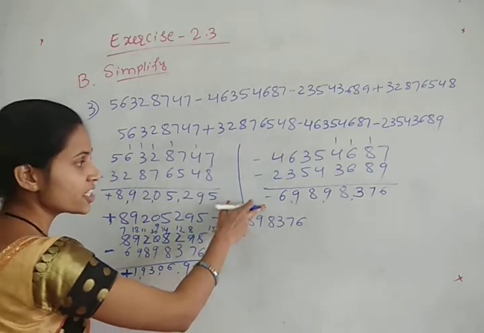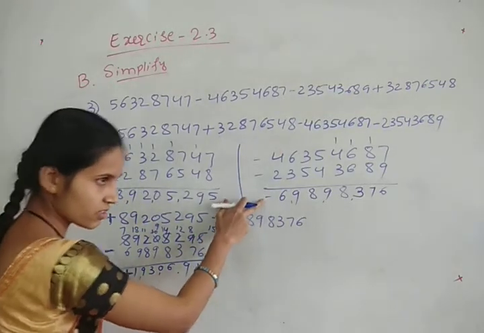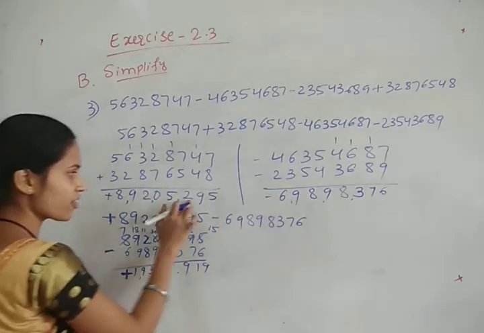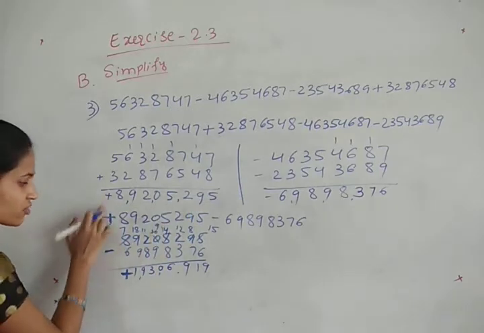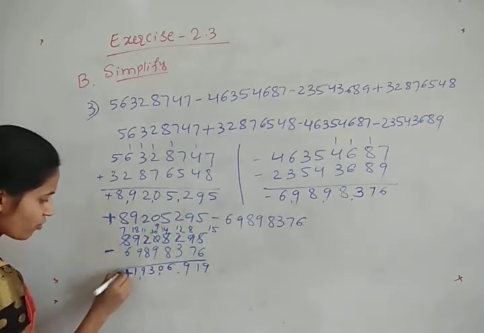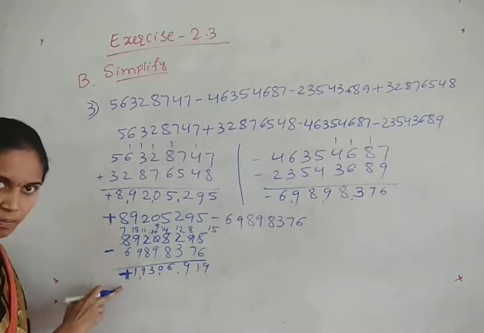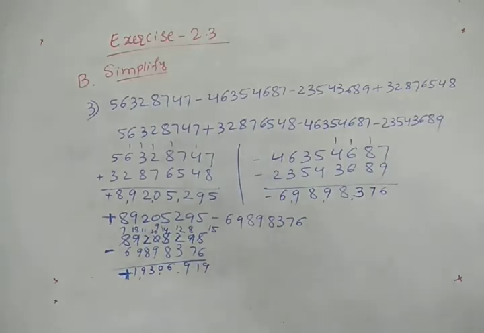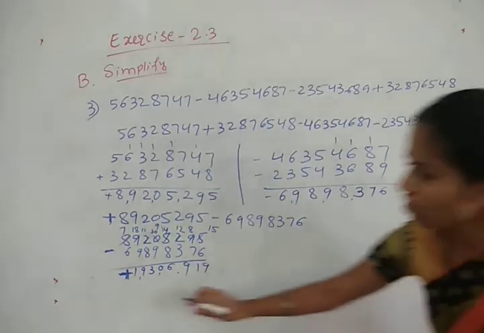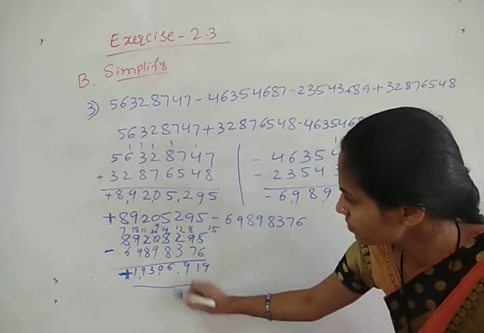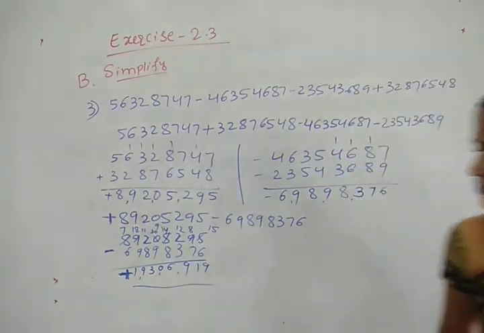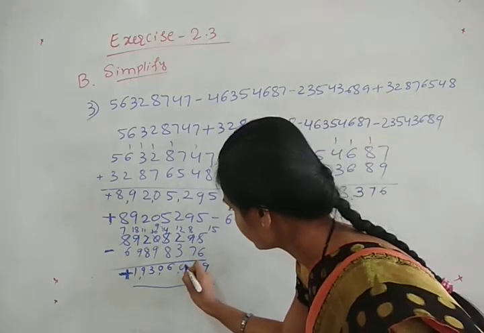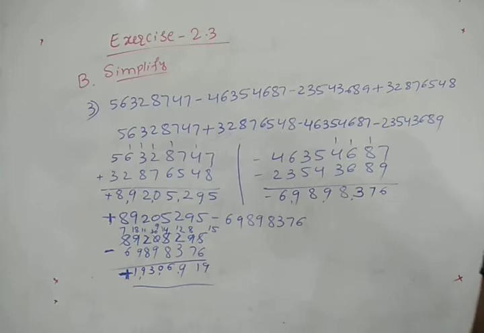Okay, if it is bigger, then you would have kept this symbol, minus symbol here. But in case of the subtraction of this number from this is the bigger. Okay, so that's why in front of the result we have kept the plus symbol. Yes, got it. Now take down. So this is your final result. Okay. So write 9 below this 3. Yes.